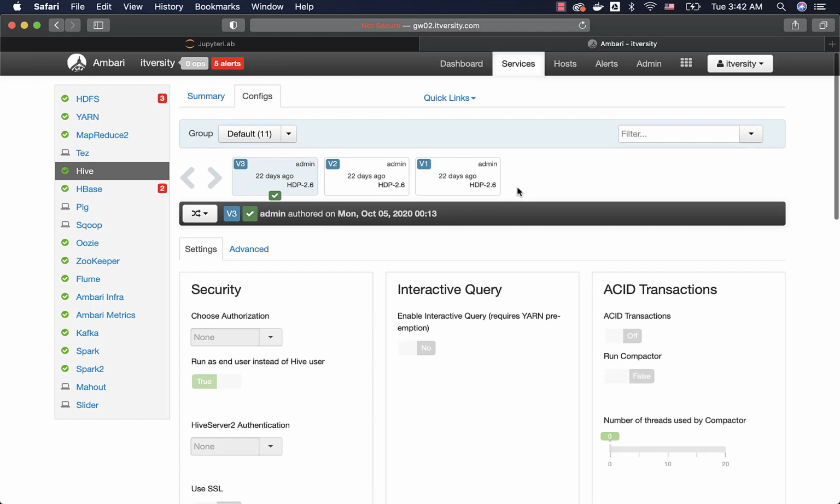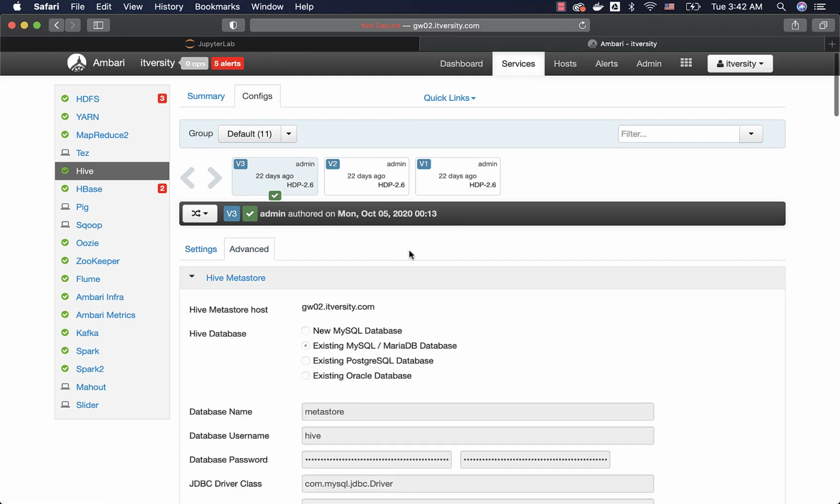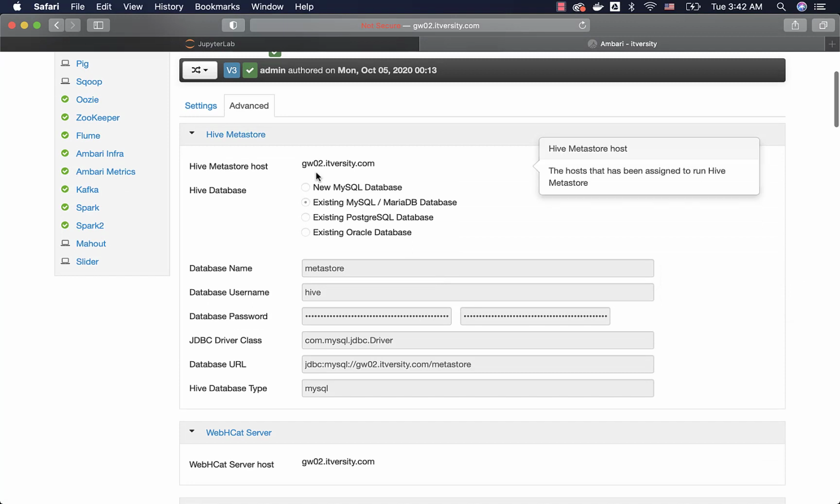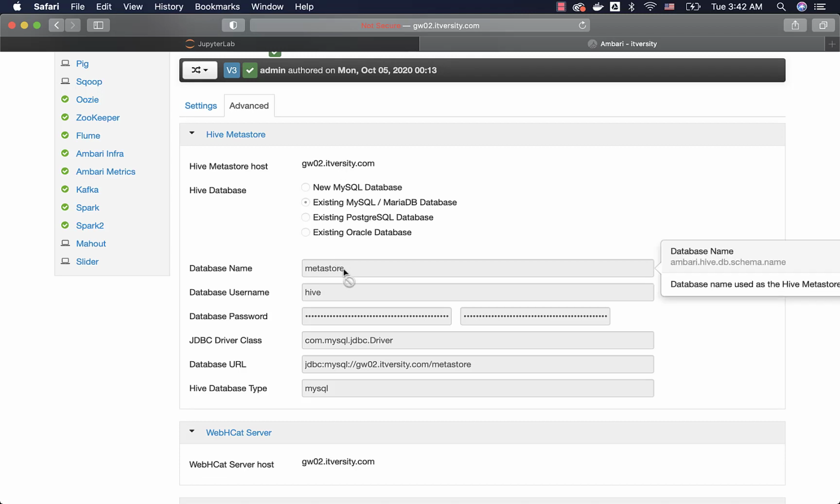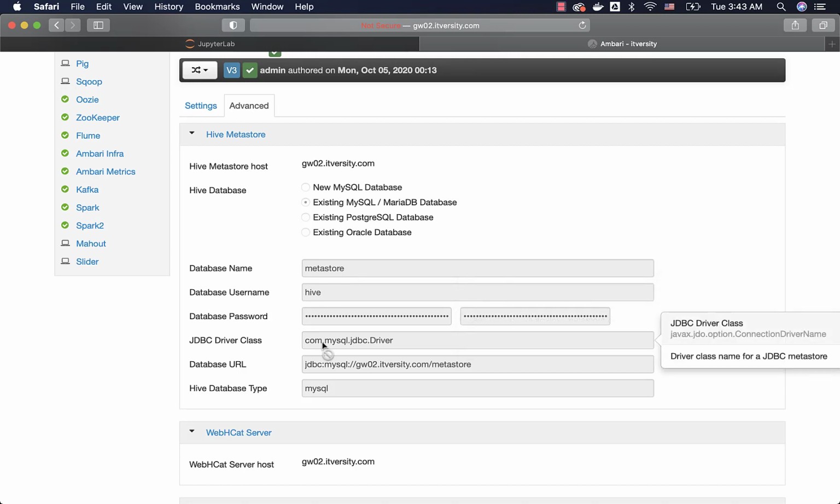Now you can search for metastore in advanced. You see here the property name for the host. There is no direct property for that. It will just extract the information from the JDBC URL. The properties are hive.db.schema name. This is also generated by Ambari. The actual properties are a bit different.